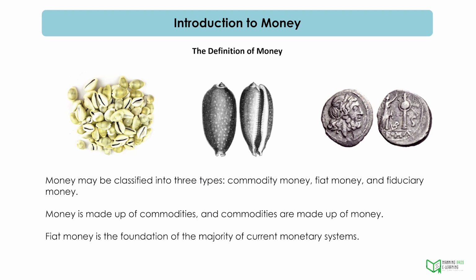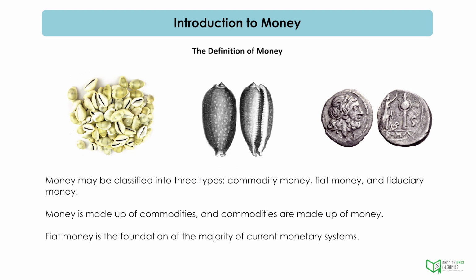Fiat money is money that has no intrinsic worth or assurance that it may be turned into a valued product, such as gold. Instead, it only has value because of government decree, fiat. Typically, the government proclaims fiat money to be legal tender, making it illegal to refuse to accept the fiat currency as payment for all debts.